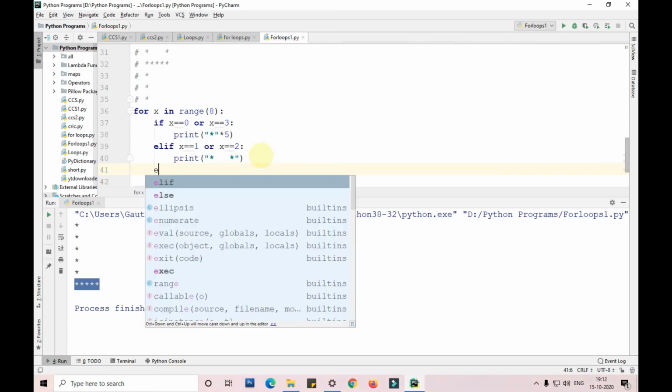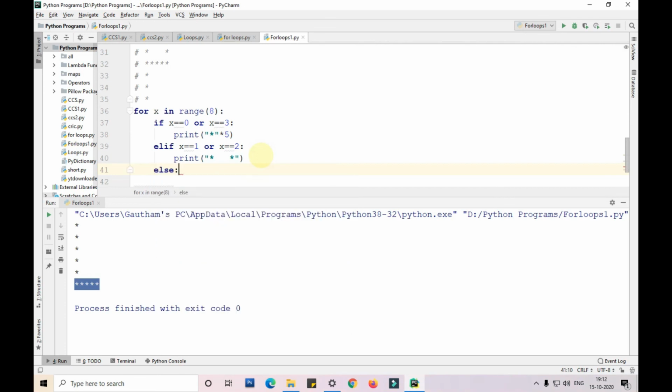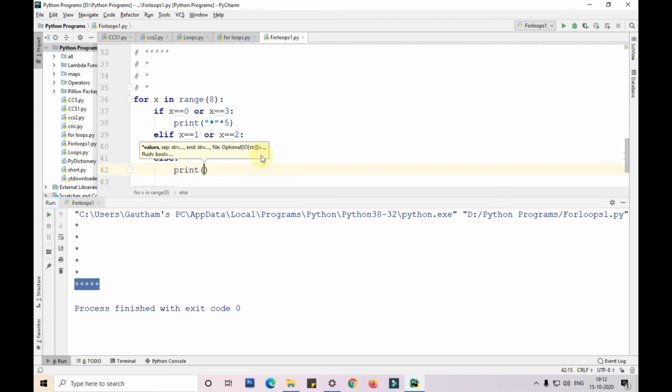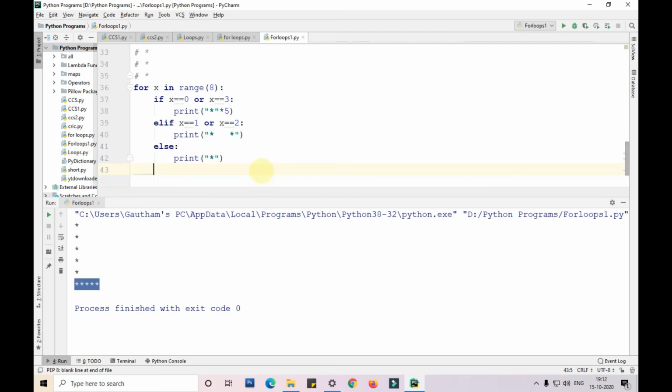Then followed by an else statement. Else print double quotes star. Okay, guys. Now let me run this program and show you.